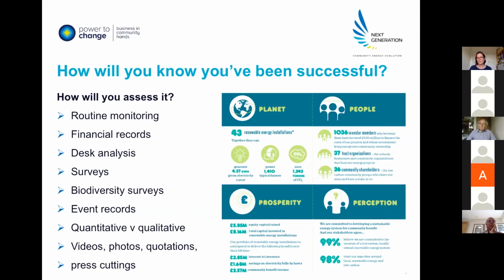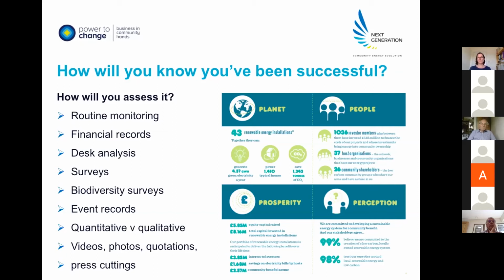The fourth area is a perception survey, which is not just us counting our outputs, but saying to our stakeholders, do you think we're doing what we set out to do? Mary talked more about surveys. Do you believe us when we say that we're committed? Tell us if you are. This year, I have to say, we had 99%, which we were very, very pleased about. And the 1% was somebody who, if you read all their other answers, we think might have misread the scale and got it the wrong way around, but that was their answer. So we had to take it at face value.